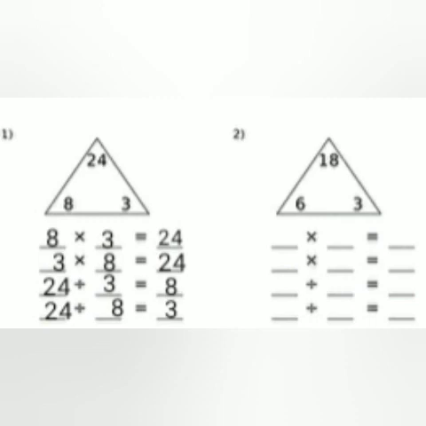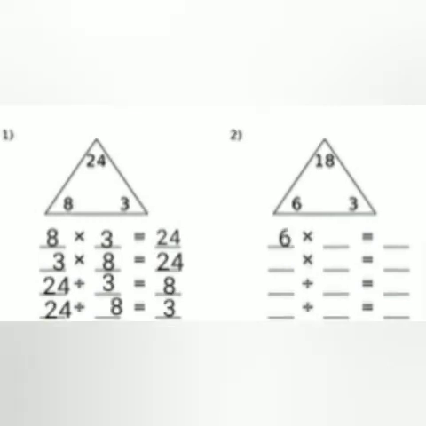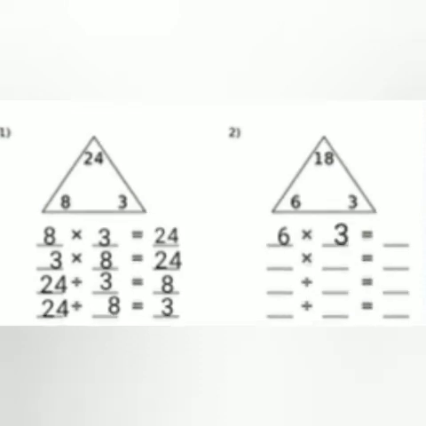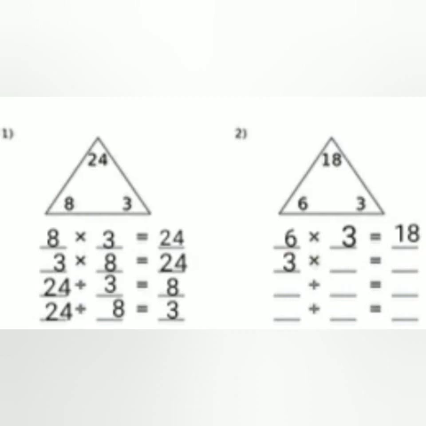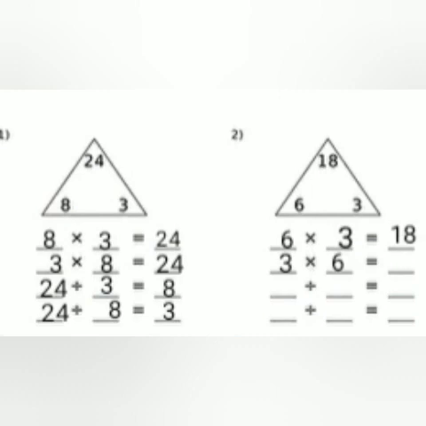18, 6 and 3. So we have 6 times 3, or 3 times 6. It must equal 18. Now just switch the numbers. So 3 times 6 equals